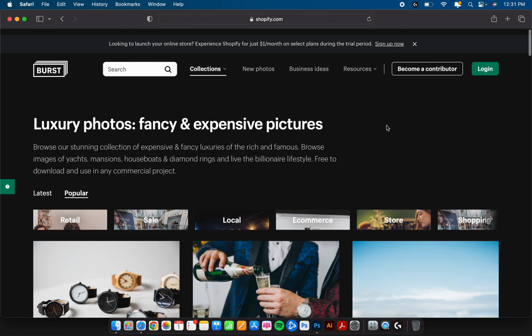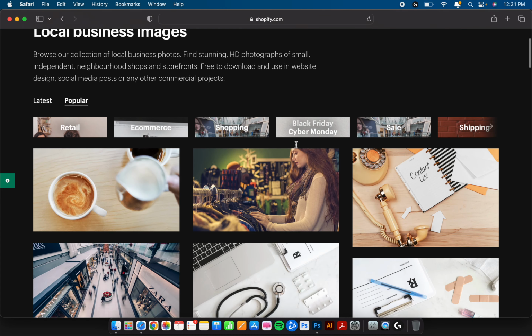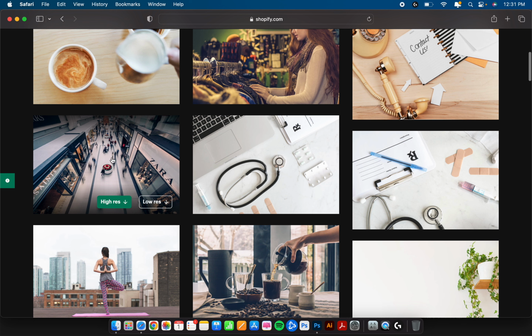I thought they were going to be of mansions, so hold on. I'm not really fond of those. There we go, like a mall right there. Perfect. Okay. So after you find a photo that you do like, hover over it and then click high res